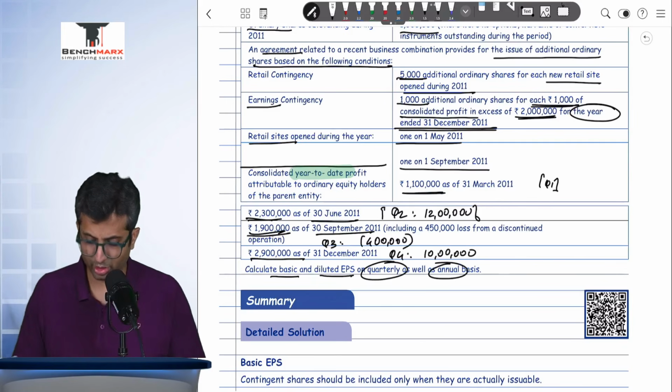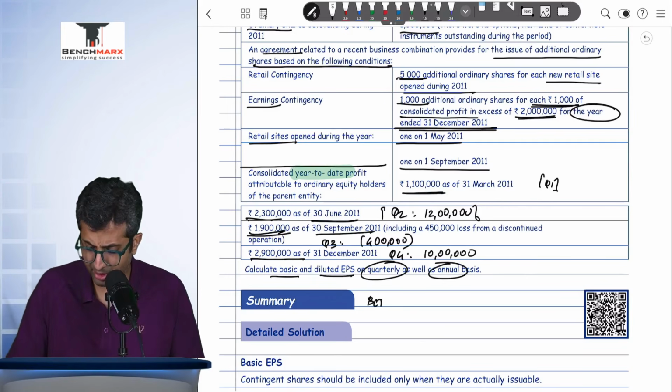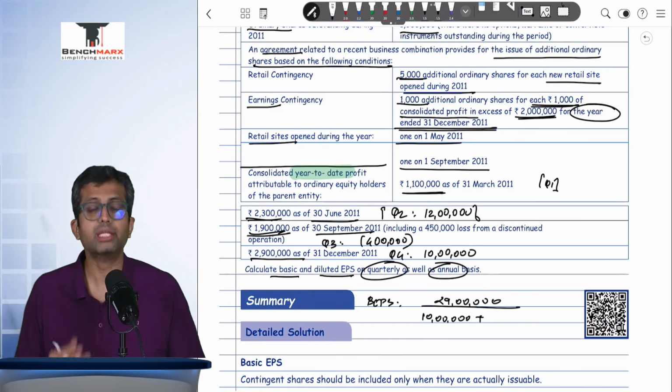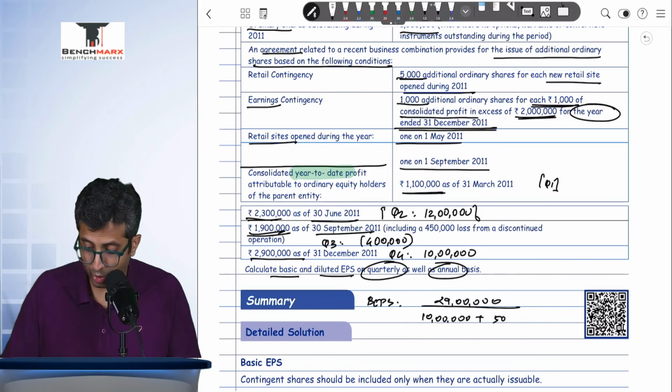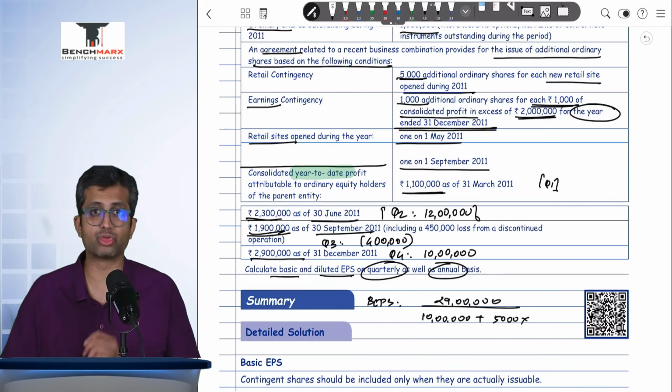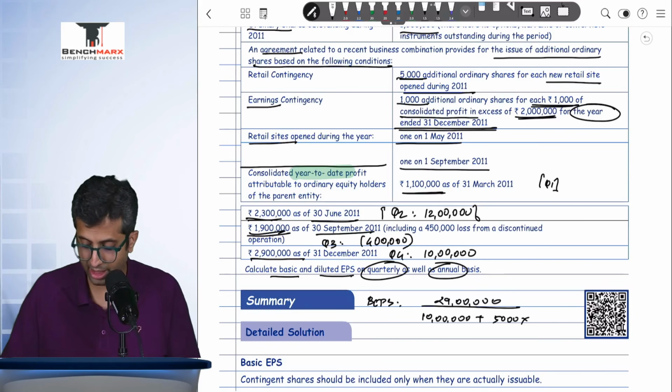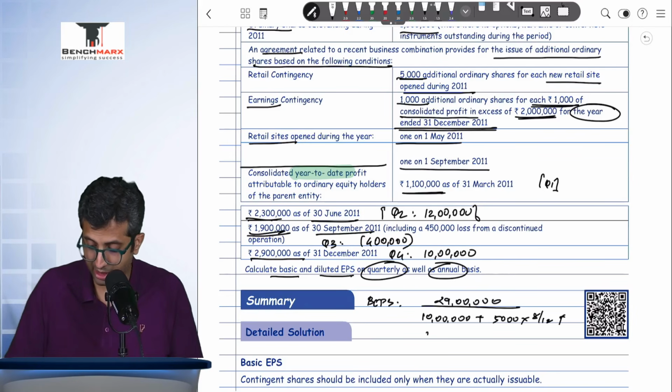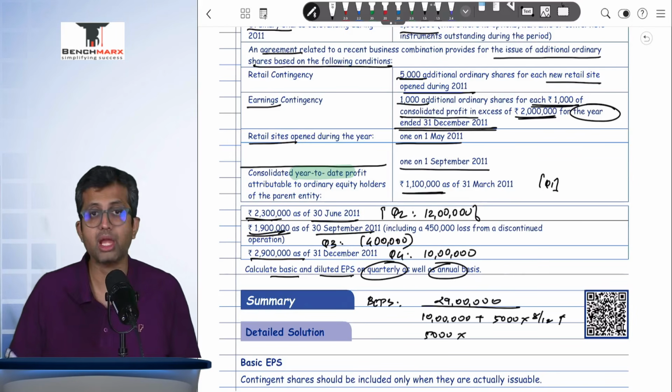First, we will take the annual EPS. We will first take the basic EPS. As per basic EPS, in the numerator, you will take the profit for the entire year, 29 lakhs, divided by your ordinary shares, this is 10 lakhs. Other than that, in the current period, one new site was opened in May and hence 5,000 shares become issuable on 1st May and hence outstanding for 8 months. The next site is opened in September and hence these 5,000 shares become issuable and hence this is